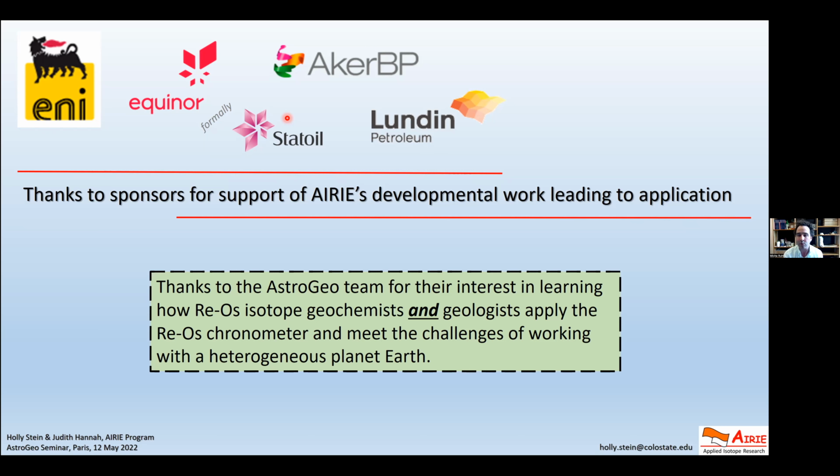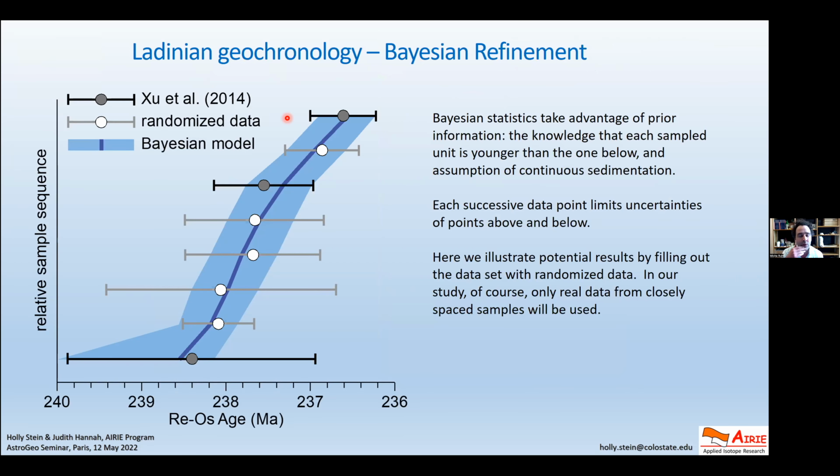Now in your Bayesian modeling, what Judith was showing, you infer, so let's say that you have 3 good rhenium osmium isochrons, and you would need potentially many more. But how many would you really need? And what is your plan for the lower Jurassic? Because ultimately, I guess one would only need to get some tie points, right? So for the Sinemurian boundary, or for any other time interval, if one were to get 3 or 4 isochrons closely spaced, that would be enough to get a reasonably good age. Is that right?